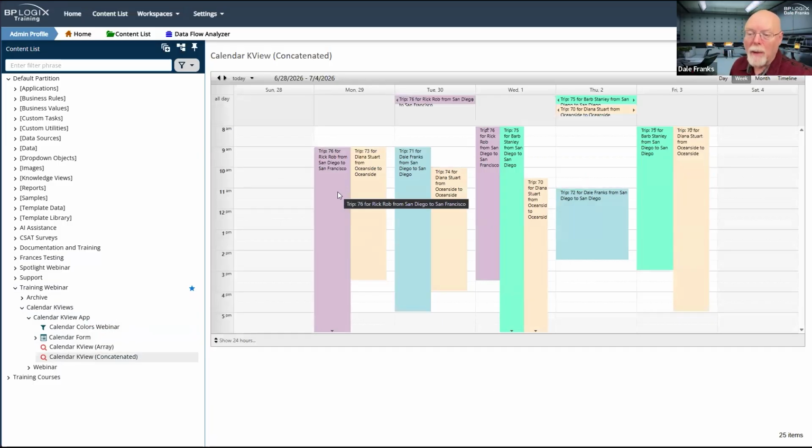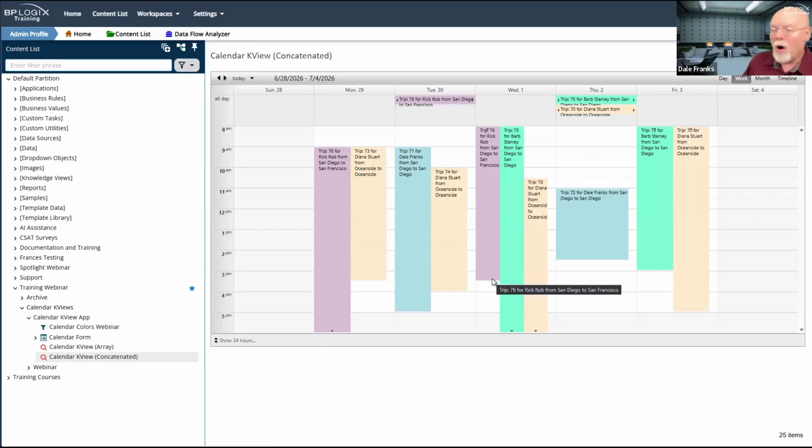If we look at Rob's trip, okay, it starts at 9 a.m. and it goes the entire day. Oh, and look, it's the entire day on Tuesday, and then it goes all the way to 3:30 p.m. on Wednesday. Similarly, the trip for Barb and Diana are also overnight trips where they're staying overnight on Thursday and returning on the third day of their journey.